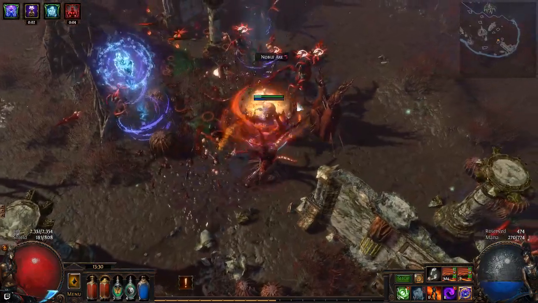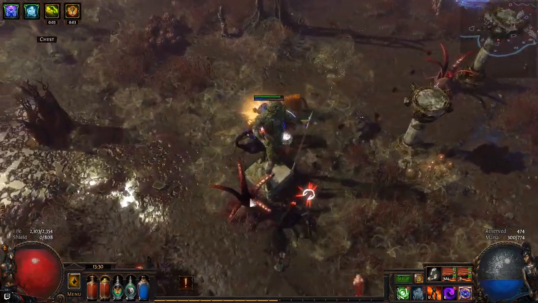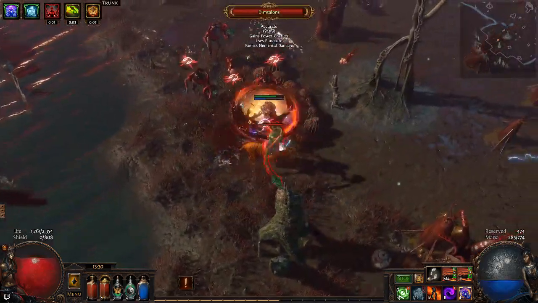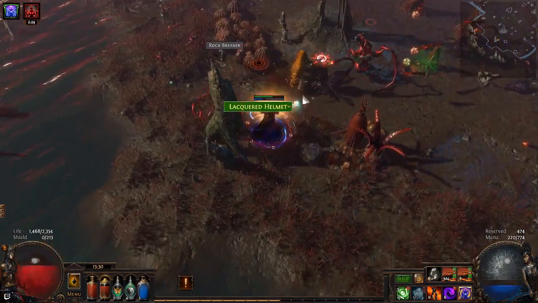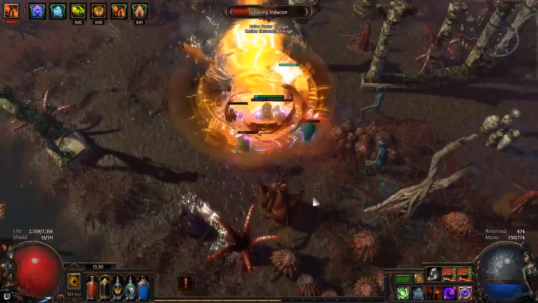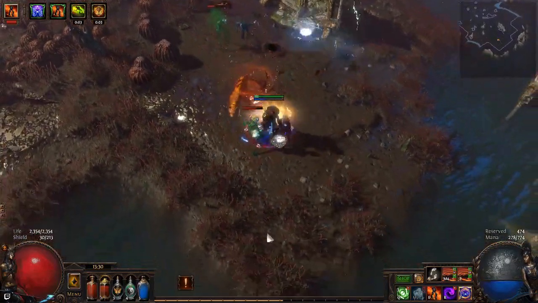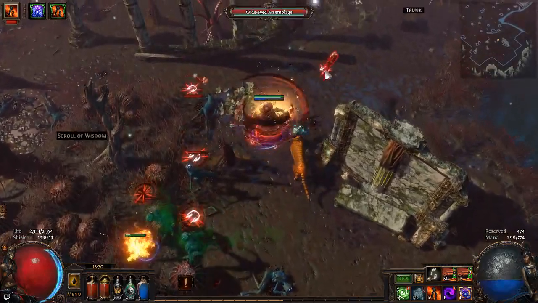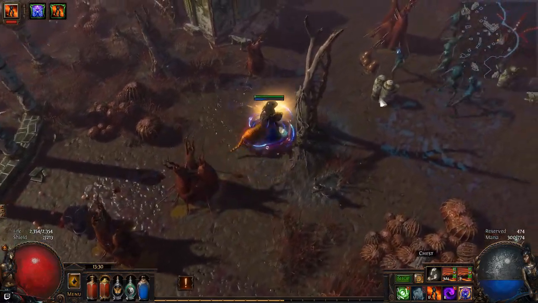Well, speaking of atlas, okay, we share atlases. That's good. I don't want to redo my atlas. Okay. I mean, I'm getting really good EXP, and I don't think I'm clearing that slow. It'd be better if I were one-shotting them or something, but...